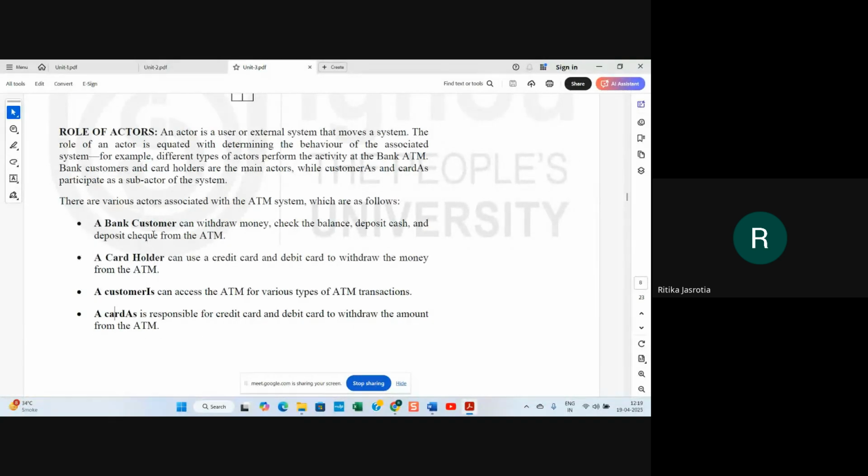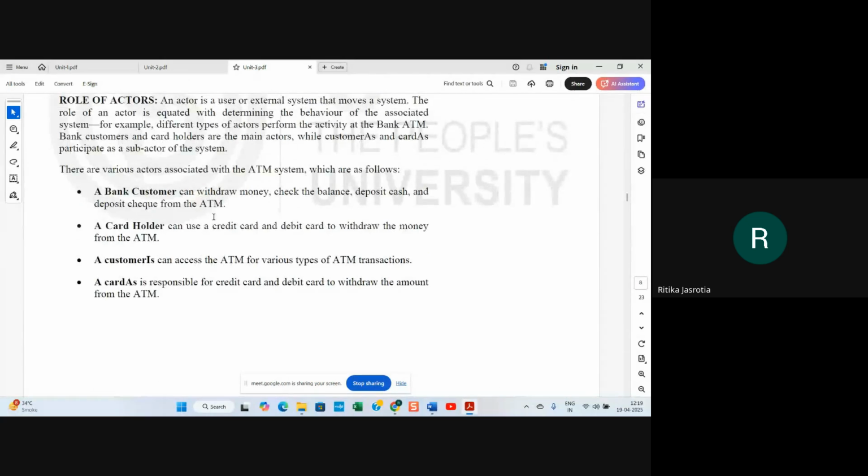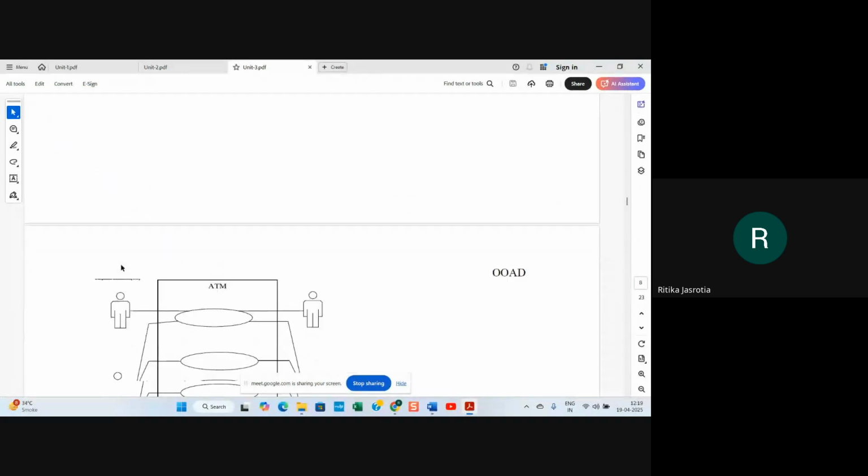And a customer can withdraw money, check balance, deposit. Who is the customer of the bank? Right, so that is there. There are other customers also, who can do various transactions. They are not customers of that bank, but they are customers of other banks, and they can access the ATM also. So that is what they are showing.